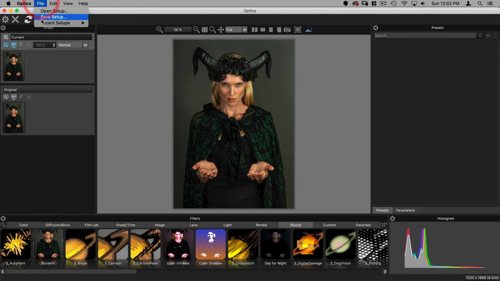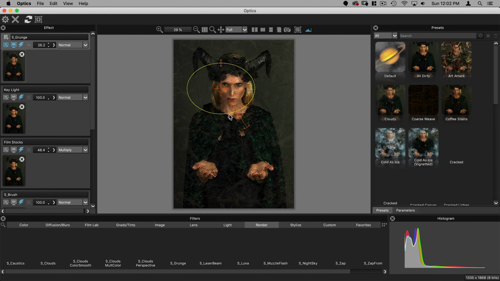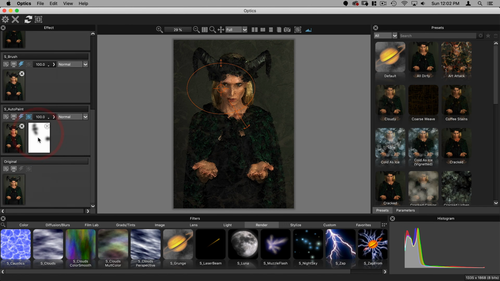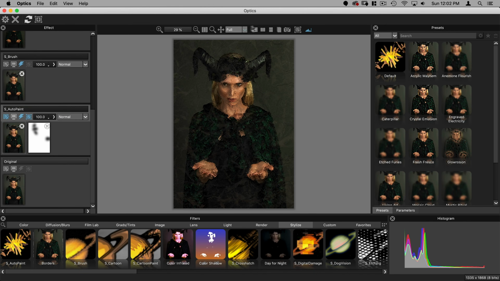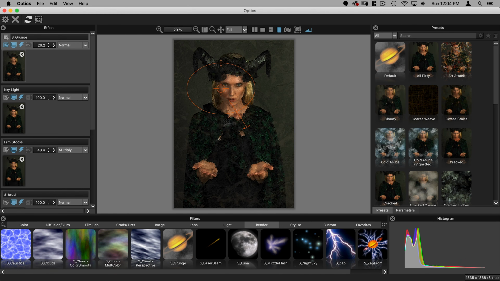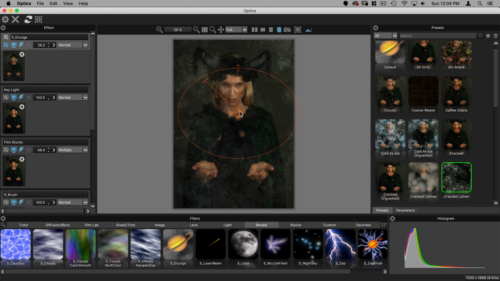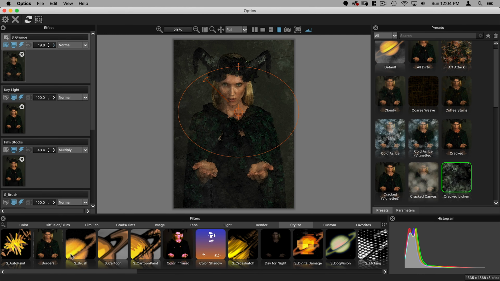What I can do here is go up to here and go recent setups, and painting is one of these. I'm going to select that, and it's going to apply that to this image. I'll have to go in here and adjust this mask. And there you can see I've now basically applied exactly that same effect, but to this image. Okay, so that is the brush, and that's also how you can save an optics workflow that you can then